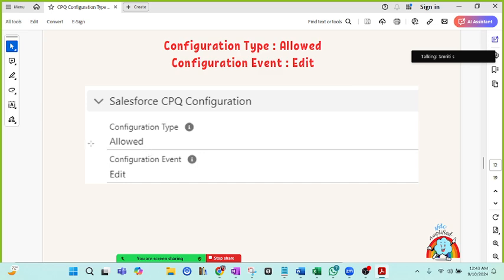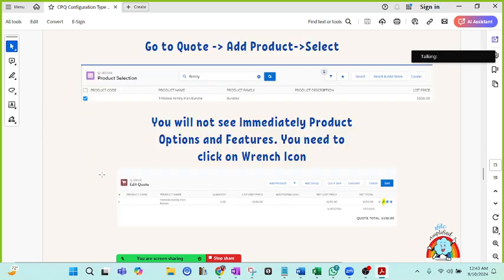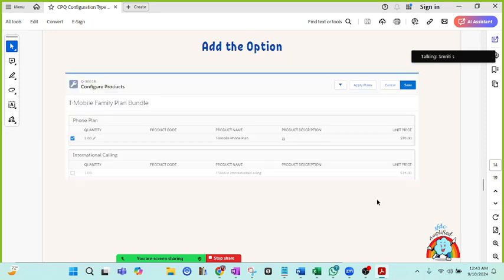Then there is something called allowed and edit. So you see, earlier we were going to the wrench icon, right? So you will not see product options and features immediately. You need to click on the wrench icon and only then it will come here. This we